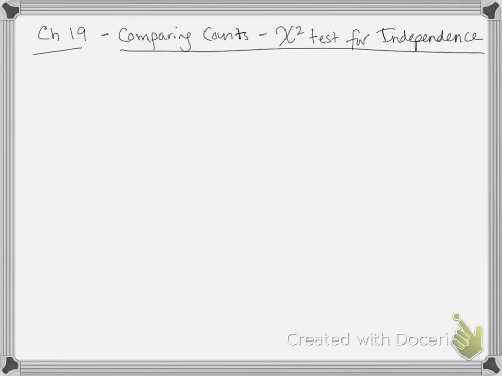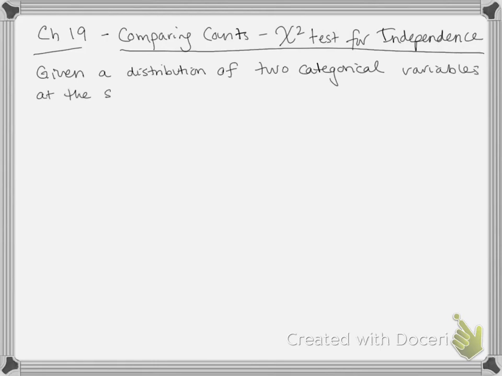So we are given a distribution of two categorical variables at the same time. Everyone's favorite, this is referred to as a contingency table, right? There's one variable expressed as rows and one is expressed as columns. So we're given the distribution of two categorical variables at the same time and